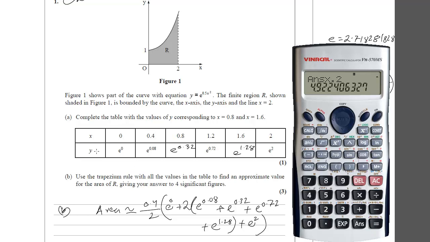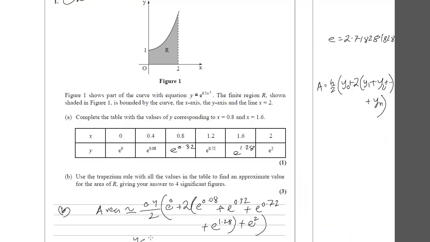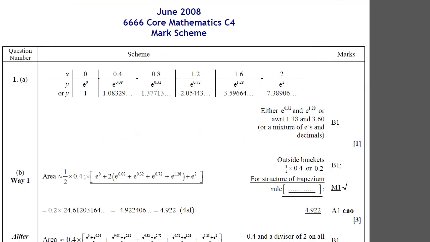4.922. So that's what we get. So the mark scheme says that we can either put the value in terms of the exact format or we can put the value from the calculator, since in the question it didn't mention what we have to do. So the question is this and we use the formula and find down the answer, and this is